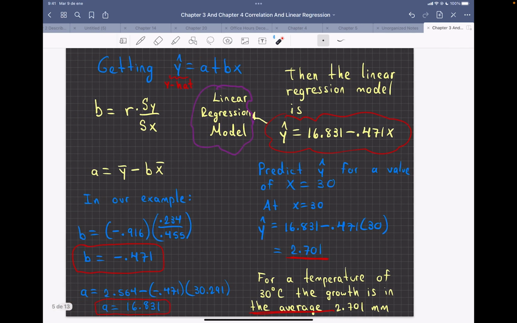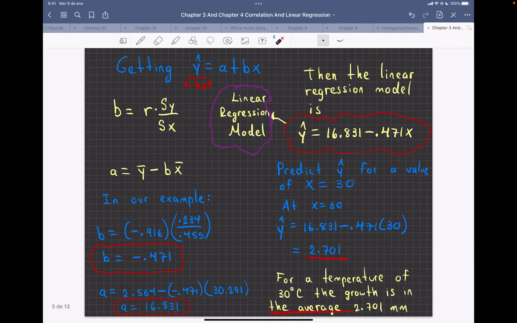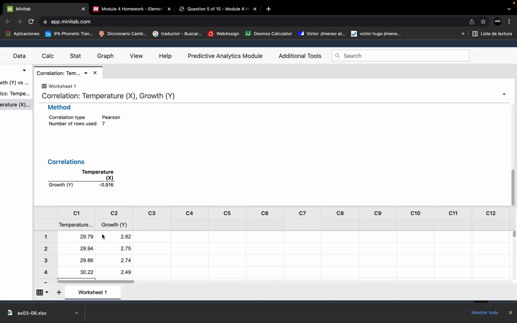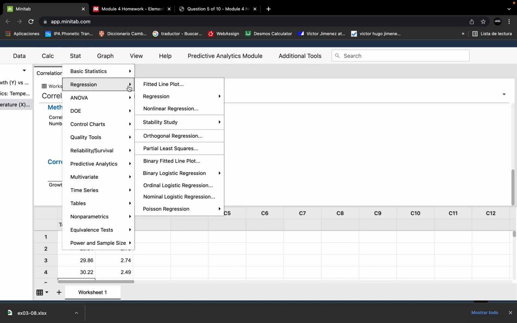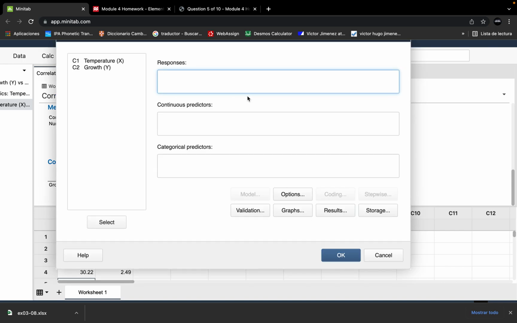All right. So, oh, by the way, you can verify these computations by using Minitab. How to know what the value is, we can verify our model. Go to Stat, Regression, Fit Regression Model,